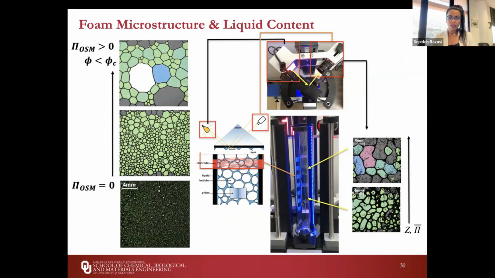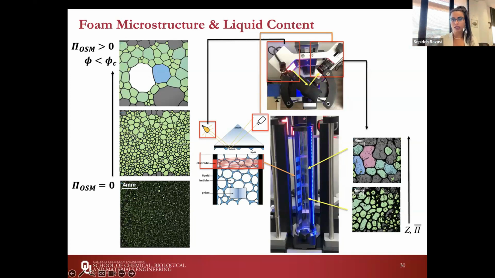But we didn't stop there. We wanted to learn more about the differences between these two systems, especially between the two particles. Okay, the overall foam height is the same for the two particles, but is that all, or is there more to be learned? Are they different in terms of the microstructure at the interface? And again, when we looked at them under the trough, the capillary interactions were showing up earlier on for the rough particles. So to do that, we have these liquid content modules.